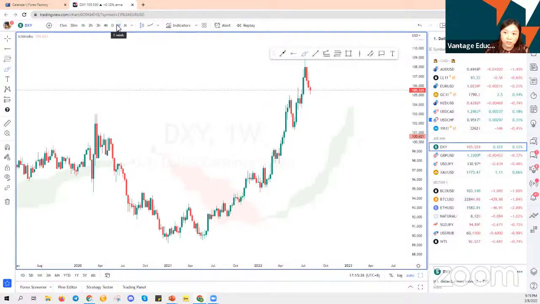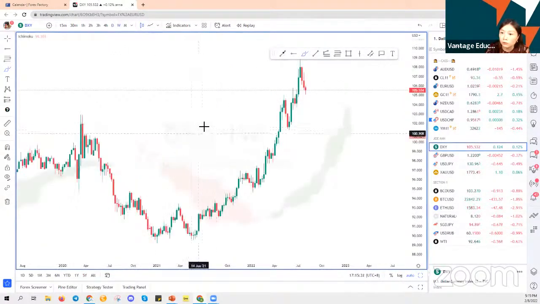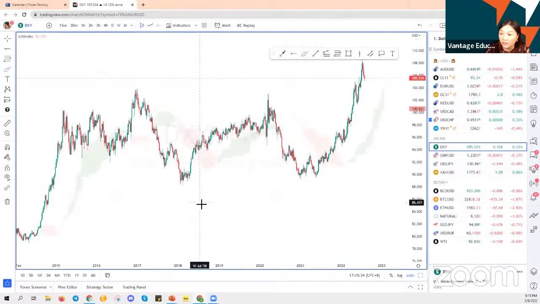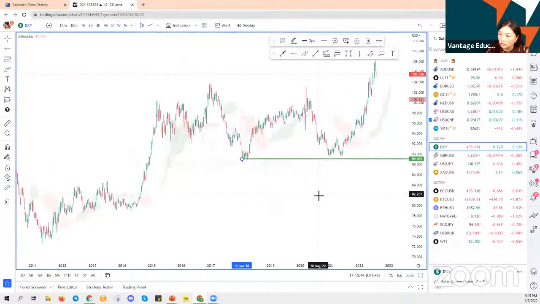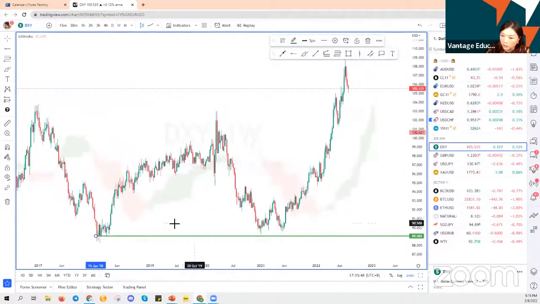Okay, these are all subjective. So if you are not comfortable with doing a weekly, you can start with daily. But personally, I like to use a weekly chart first to see a general market feel or gauge. So this is a key level that I'll take note. I'll typically highlight some key levels. And we know that this is currently